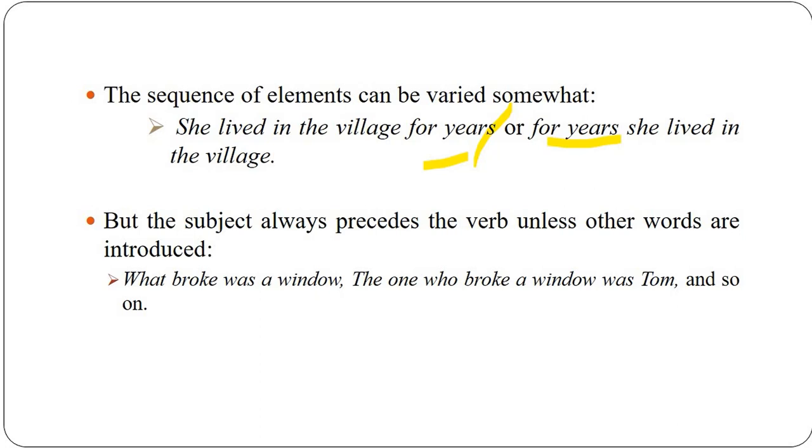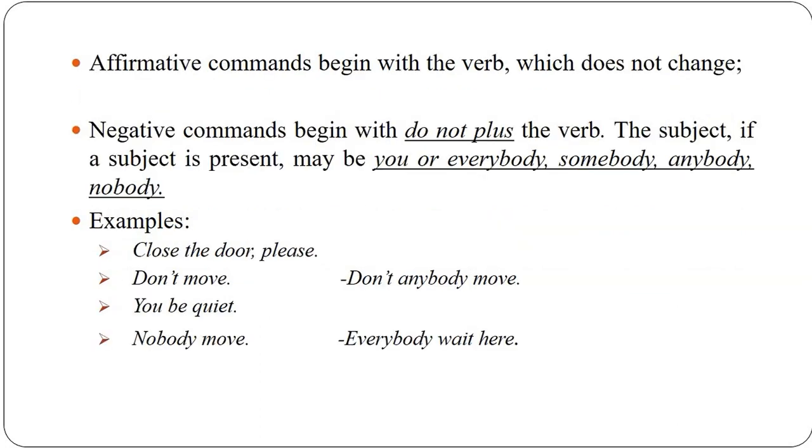But the subject always precedes the verb unless other words are introduced. So this is the basic rule of English sentences. What broke was a window, or the one who broke a window was Tom, and so on. These are the examples. And affirmative commands, like positive imperative sentences, begin with the verb which does not change, and